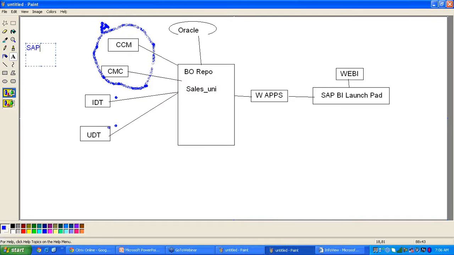We can connect to the SAP BI source system, to the SAP HANA system, to Oracle databases, and to any relational databases, such as Microsoft SQL Server.